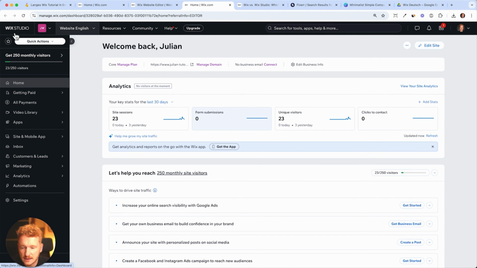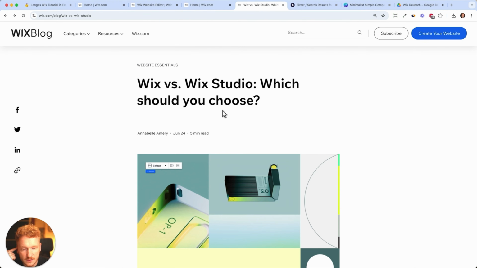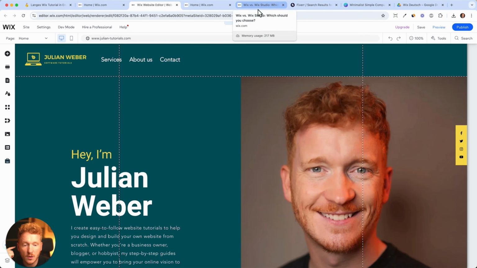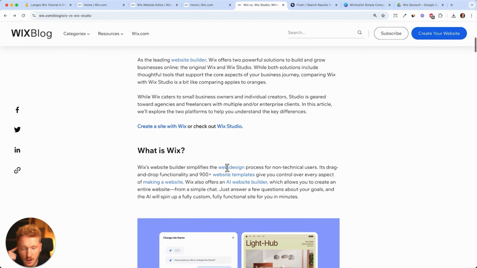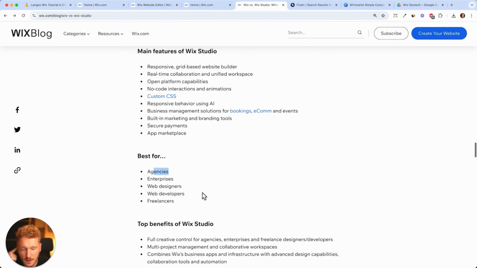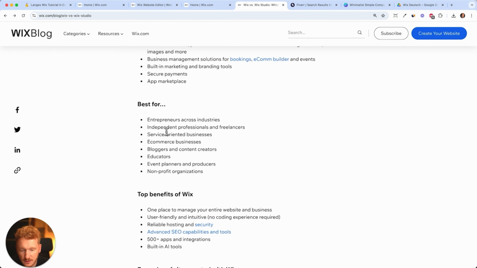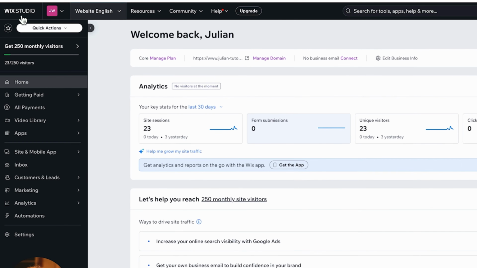Here on my side, it says Wix Studio because Wix has 2 different editors. It has a normal editor, the Wix editor, which is the one we just used for our website, but it also has a Wix Studio editor, which is here for professional agencies, web developers and designers and freelancers. So people who build websites for a living. And the normal Wix editor, which is also very complex already, is for solopreneurs and bloggers, e-commerce businesses, and just people who want a website. So don't be surprised. For me, it says Wix Studio because I build websites for a living, but for you,